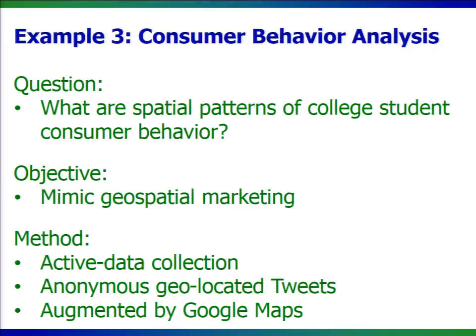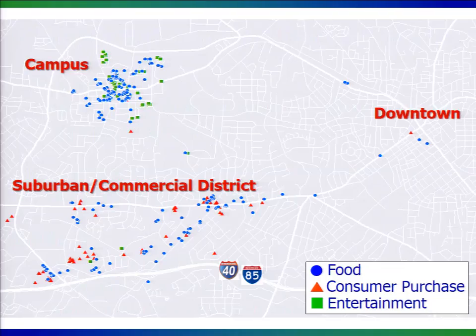Some classes, I've assigned them anonymous Twitter accounts with the geolocated tweets, and so they send out for a period of time so we can look at patterns anonymously. I always give the option if students feel this is sort of invasion of privacy or something like that, or if they have any other concerns, can recreate it after the fact using Google Maps in that regard. So I've probably 150 students with different time slices of the year across a whole span of majors. Really start to see how Elon students are engaging our local community.